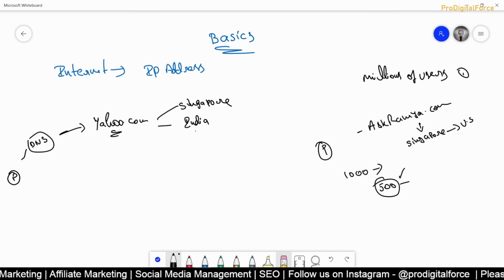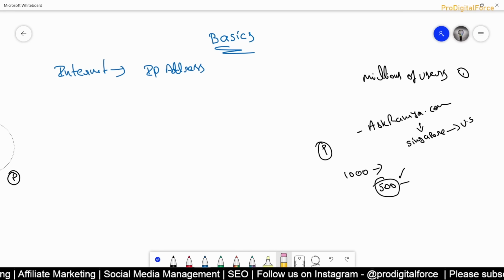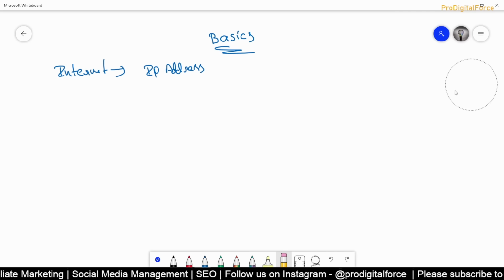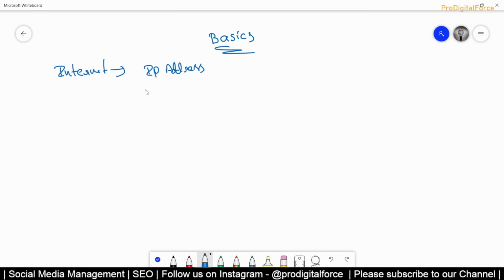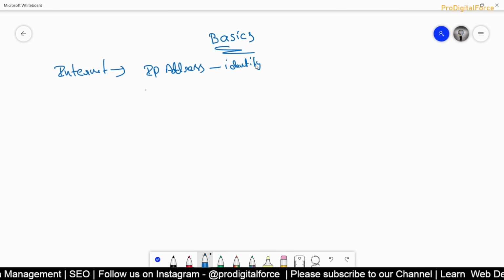So we are talking about here, one is the IP address, then second is what? DNS. So what is an IP address? Your identity. Everyone will have their identity. Now for example, Hanuratan is sending me an email. When he is sending me an email, from where does it get initiated? From his system. That means that system should have an identity. Then only he will be able to send. Without an identity, he cannot send an email. And when I am receiving also, I should have an identity. That means I should also have one IP address.